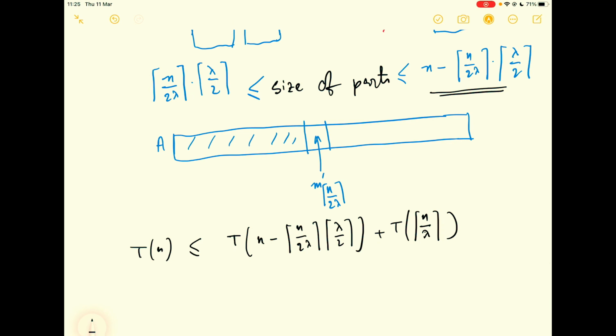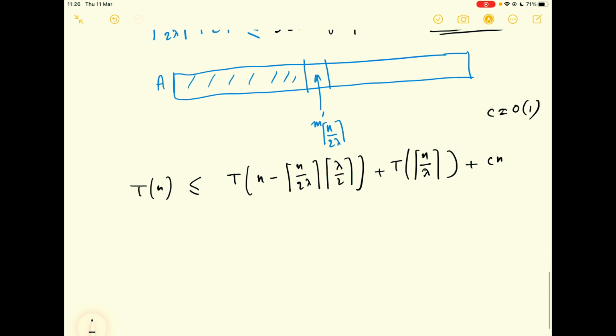We were doing partition that takes order of n time. So we are writing Cn for some constant c, where C is some constant. Okay, so that is the recurrence,